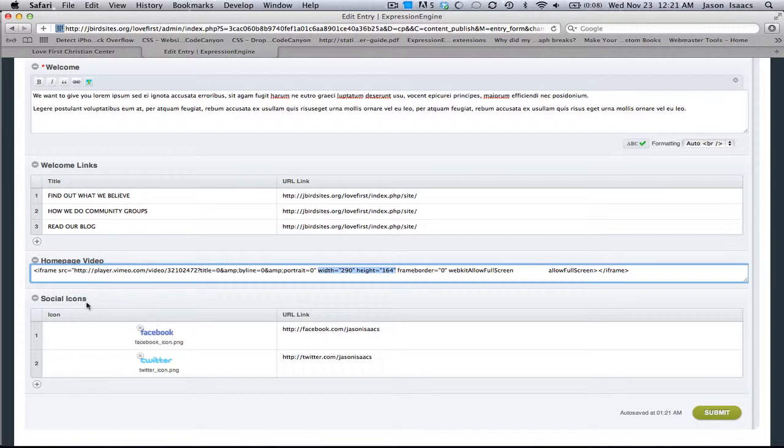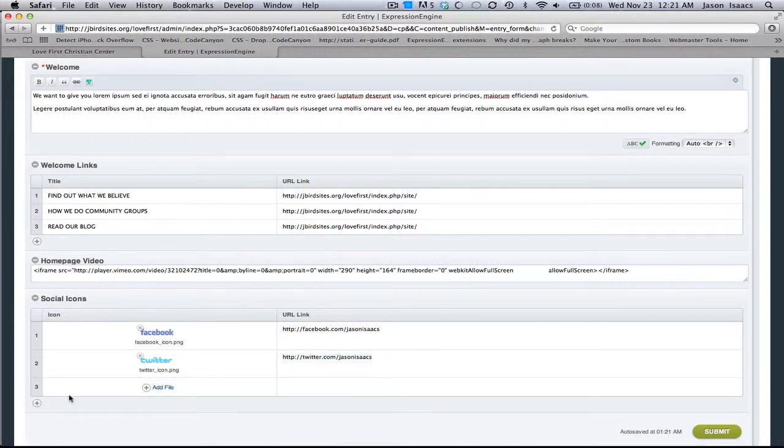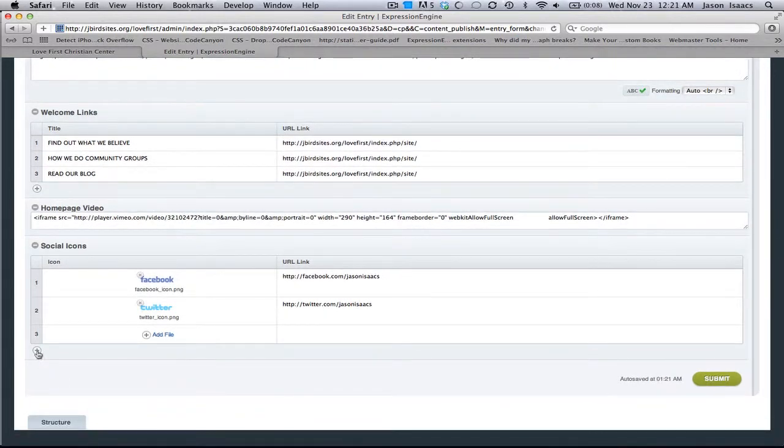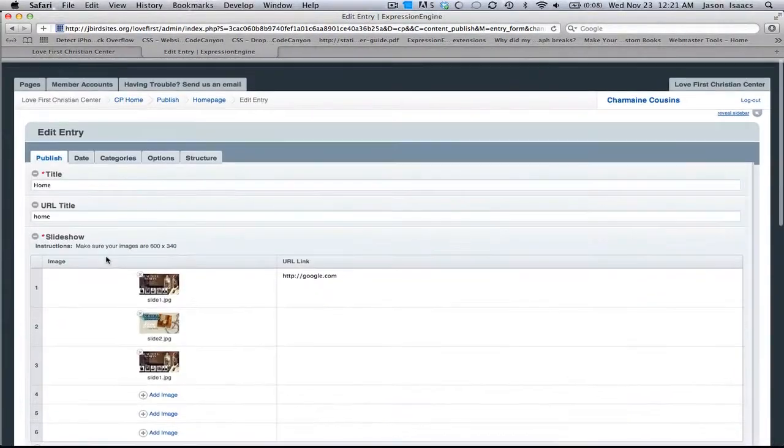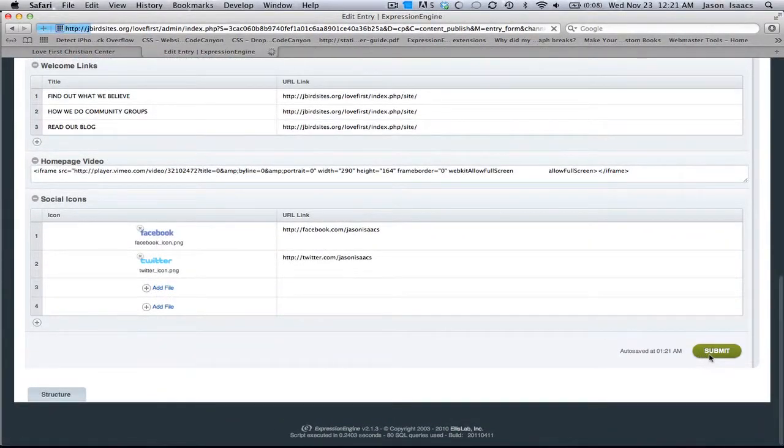And then last is our social icons, and we see Facebook and Twitter. You can add the URLs there to your account. Right now I have them set to mine. You can add more, if a few years from now those are not popular anymore and there's some other popular ones, you can replace those or add to those. And at any point, if you want to get rid of something, you can put your mouse over the number and see a little button, and it gives you the options to add row above, add row below, or delete row. You can do that, and you should be good there. So if I click submit,